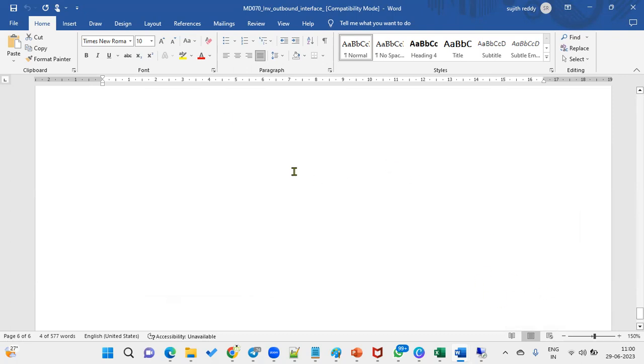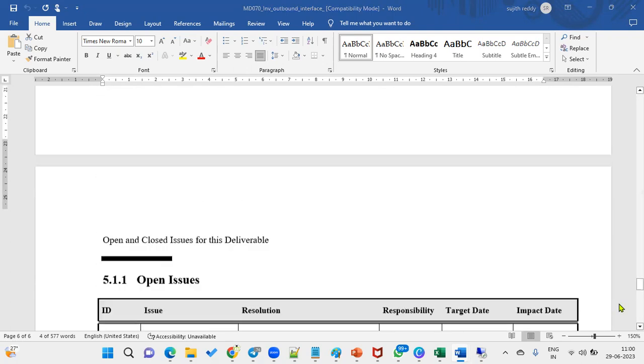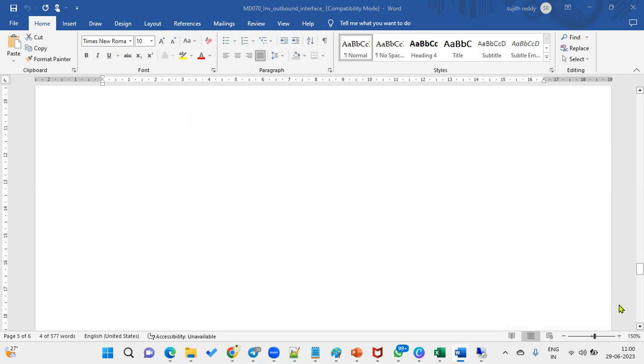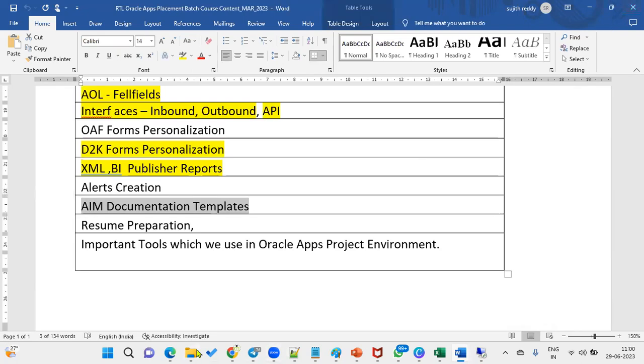Yes guys, any doubts here? Is it clear how MD70 and the other documents look? Any doubts here? The same thing we have to explain in the interview also. We have prepared MD70 and CV60 documents for conversions. For conversions also,